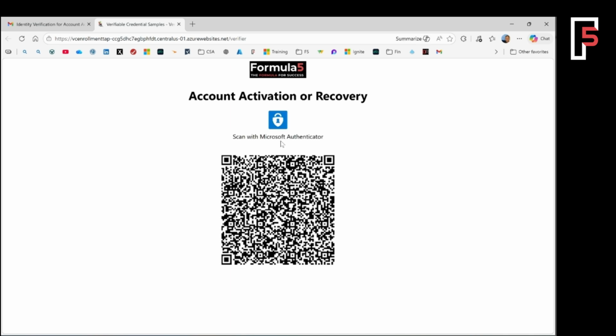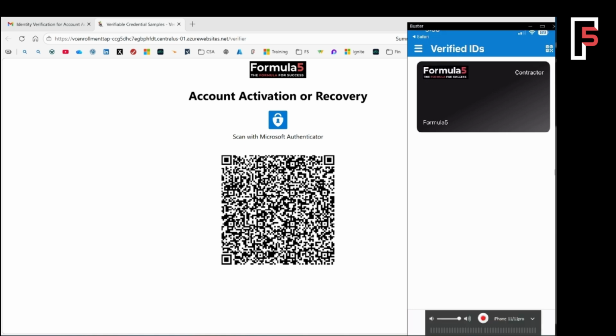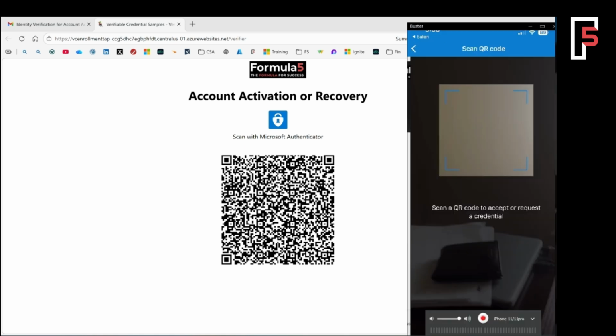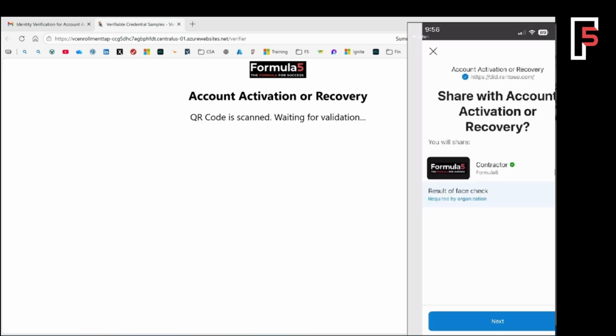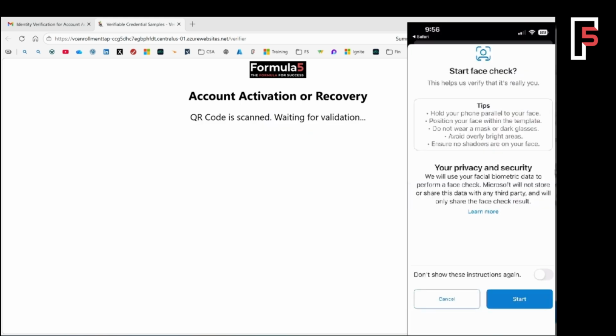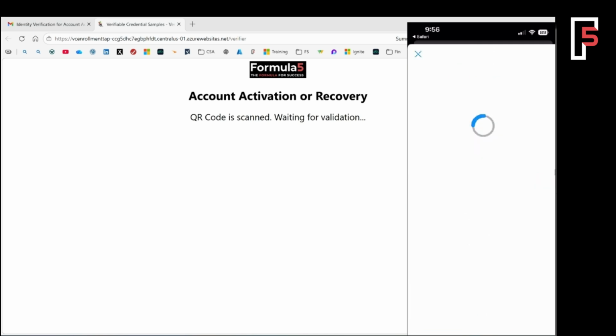So I have my verified ID. And now it wants me to scan it with my Authenticator app. So not my camera this time, but use the app. So I brought my phone back. This happens pretty fast. Now share that and do a biometric